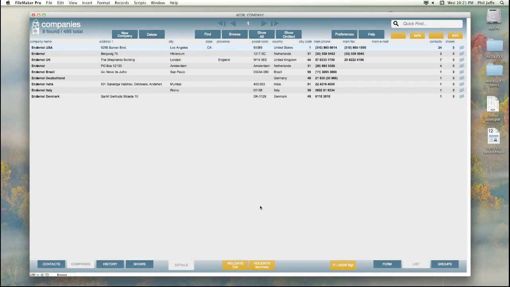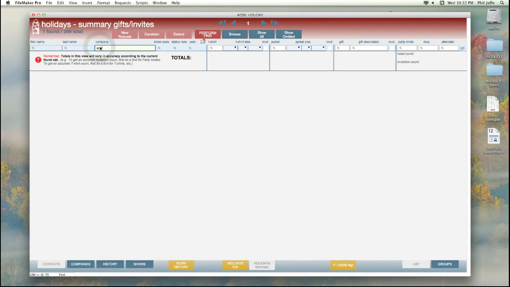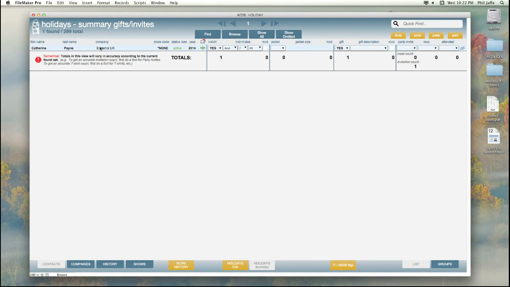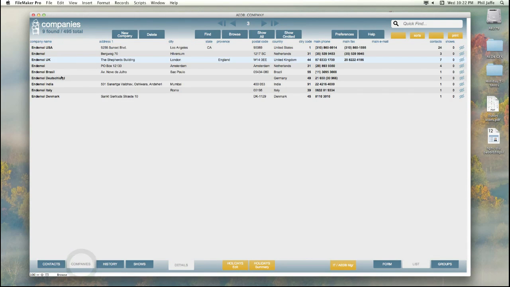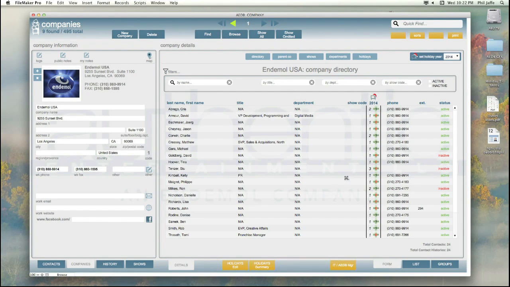Now remember that if I'm over in Holiday Summary, if I do a find for Endemol here, I'm only going to get the stuff that's already been entered in the system. If the gifts aren't there yet, they're not going to show up in the summary. So that's why you would want to be over in the form view. And now you can walk through the different Endemols and see who works there. And here are all these people at Endemol. And now I can just go right down and they can say, oh yeah, let's see here. You can even sort it